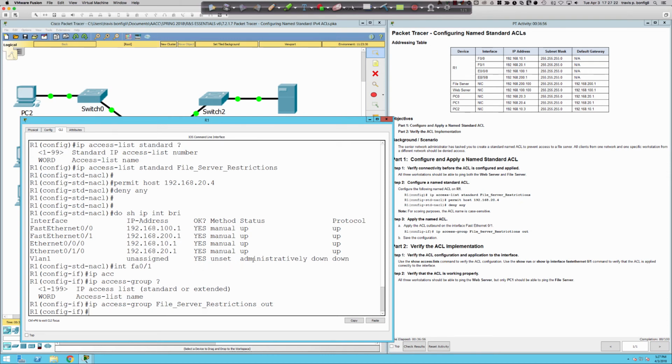Now, do we pick up the 20 points? We do. So that is wrong. It looks like these are backwards. FastEthernet 0/1 is not the .20 network. Fast Ethernet 0/1 is the 200 network. All right, so let's go ahead. All three workstations should be able to ping the web server,